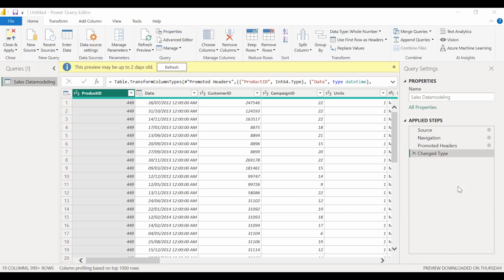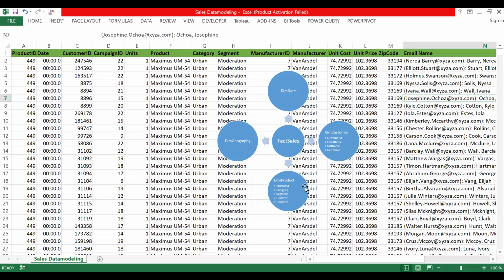Now recall that I have four tables I want to retrieve from this. Four tables plus this one will make it five tables. So when I get to my Power Query,